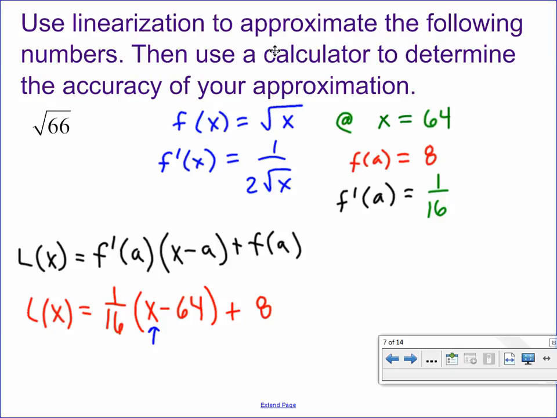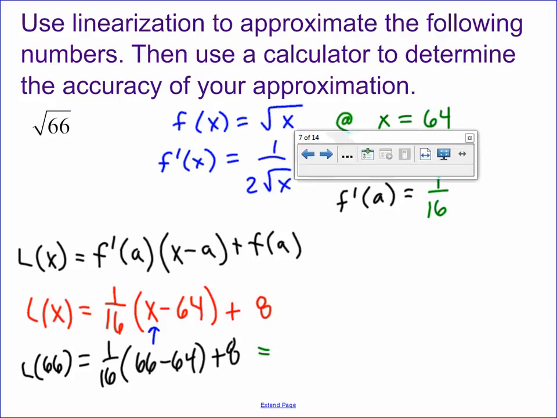L of 66 equals 1/16 times, I better do that, looks like plug in 2 first. Better do one more line. So I'll just keep going left to right now because we're running out of board. 66 minus 64 is 2. So I'm getting 1/8 plus 8. So as an approximation, I'm getting 8.125. Yeah, 8 and 1/8 is 8.125 for my estimate